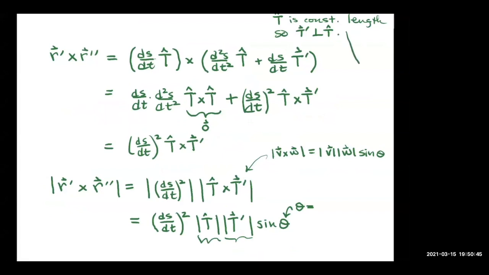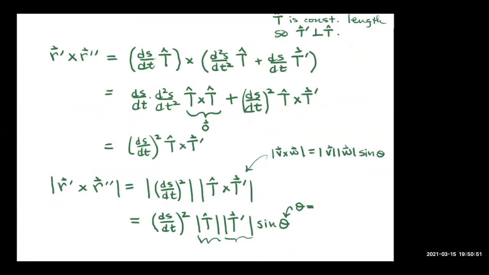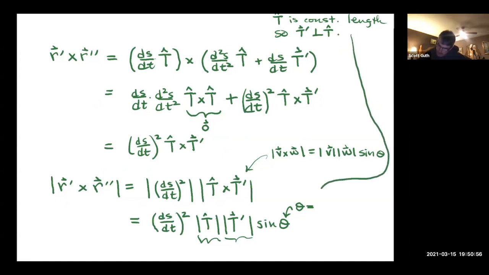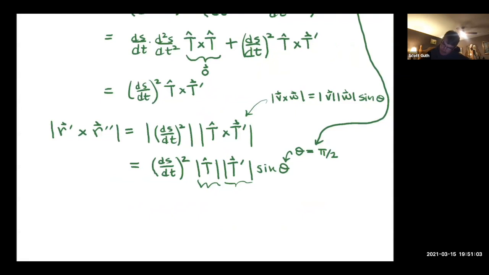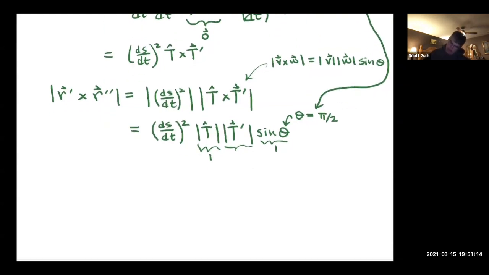Again, I'm going to draw an arrow down like this. So right here, theta is 90 degrees. We'll say pi over 2. So sine theta will be 1. What's the magnitude of T prime? That's 1 also, right? So in the end, this is just ds over dt squared times the magnitude of T